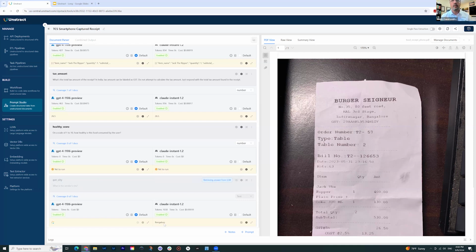And Claude instantly came back with Bangalore. It is able to detect that the vendor is in Bangalore, and GPT-4 also came back with Bangalore, right? So it's also telling me the cost for executing this prompt with Claude versus GPT and all that stuff. You saw me literally type this prompt up, right? I didn't even write any code or anything. I literally added a prompt and I said, tell me what this is. And it's able to look at the scanned image and read what the context of the image is. It doesn't even know what this thing is, but it's able to process, here is what this receipt looks like, and here's the city, and it's able to get Bangalore out of this, right? So that's the kind of power this tool has.